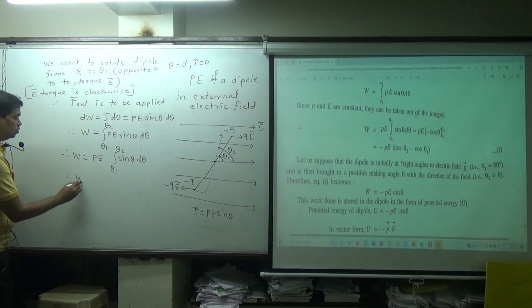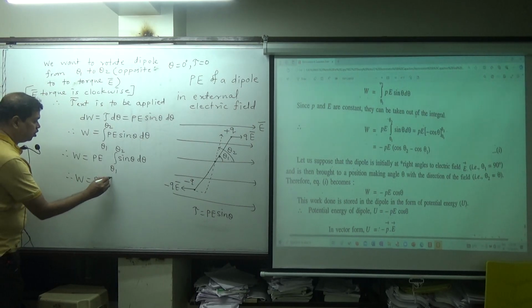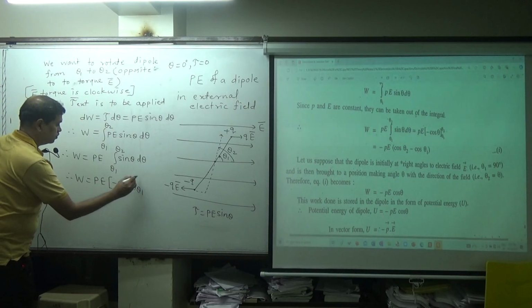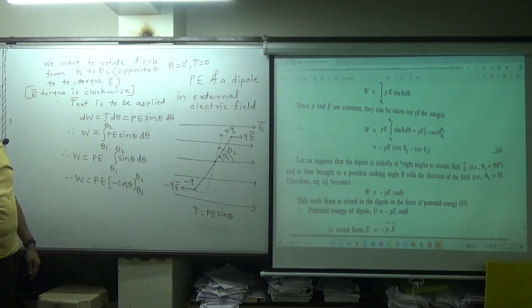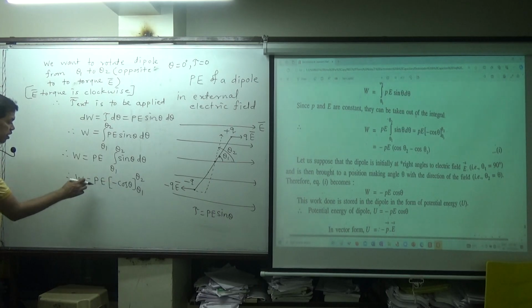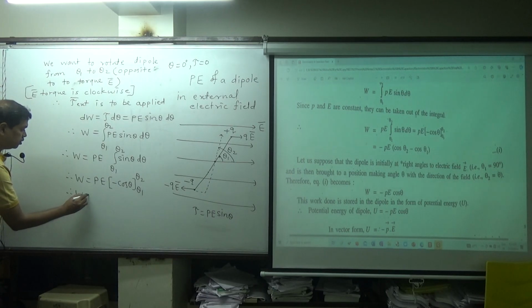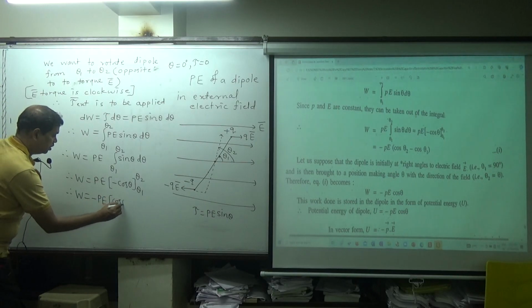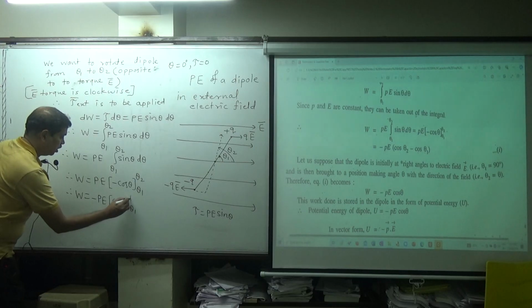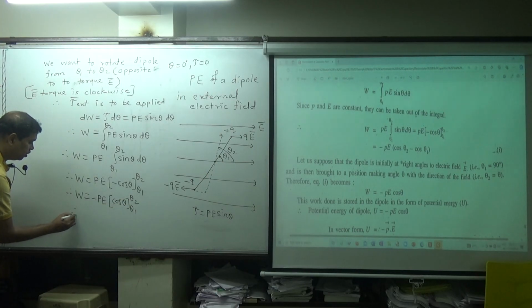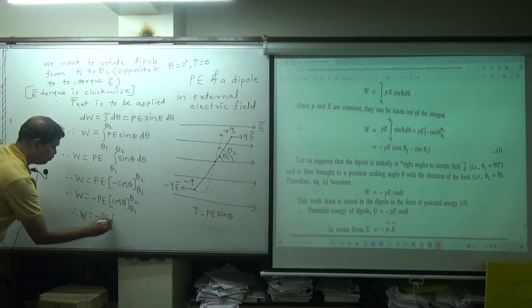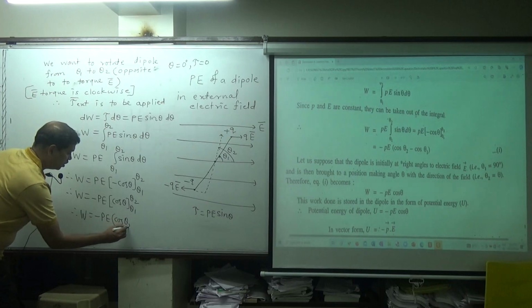Therefore work is equal to p times the integral of sin theta, which is minus cos theta, from theta 1 to theta 2. Take this minus outside, so inside is cos theta from theta 1 to theta 2. Total work done is equal to minus p, put the upper limit, cos theta 2